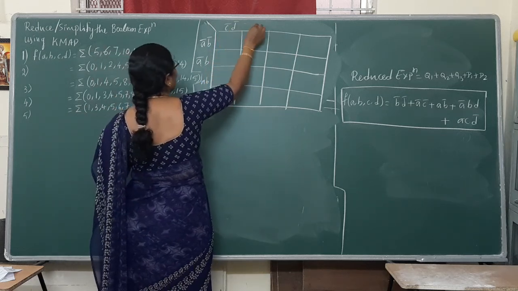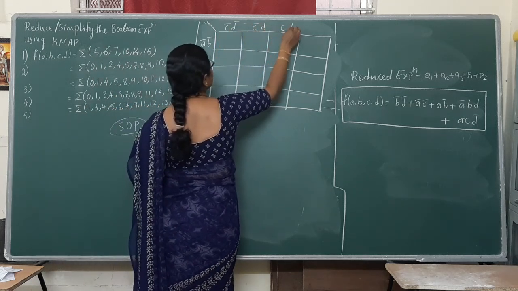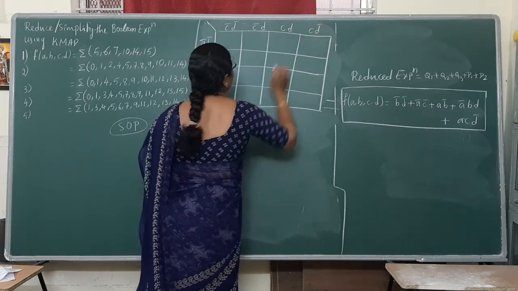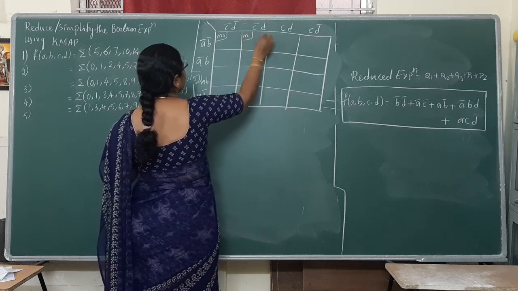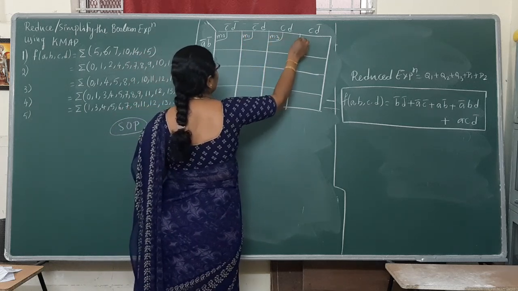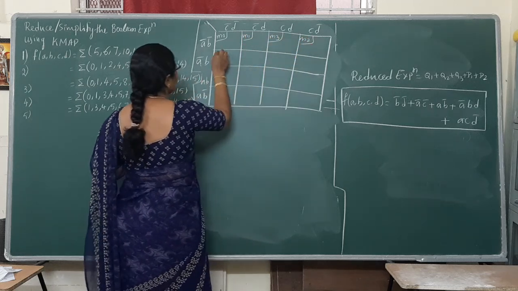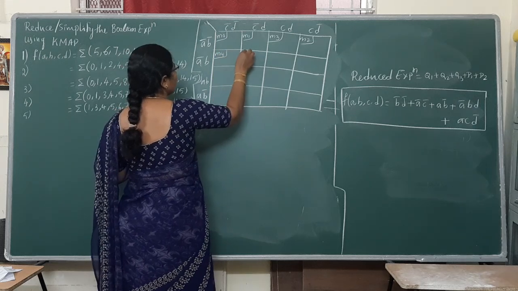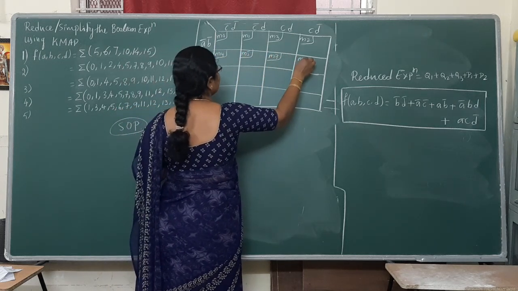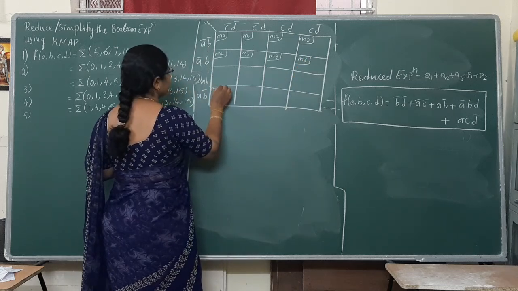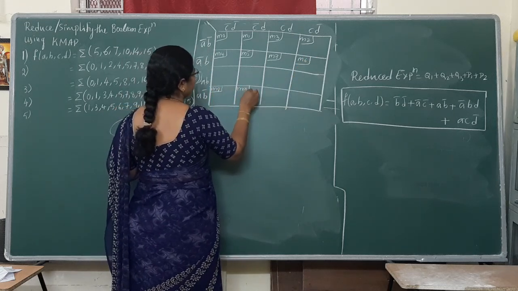C complement D complement, C complement D, C D, C D complement. This is your M0, M1, M3, M2, M4, M5, M7, M6, M8, M9,